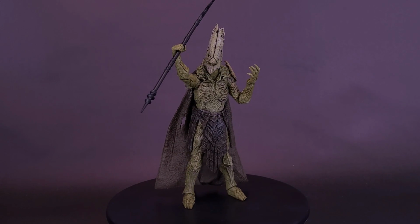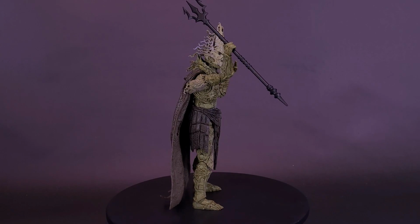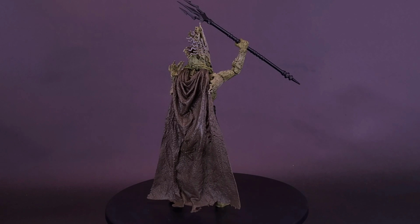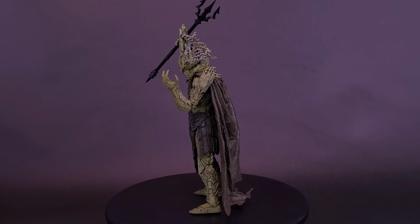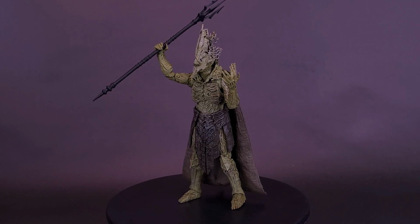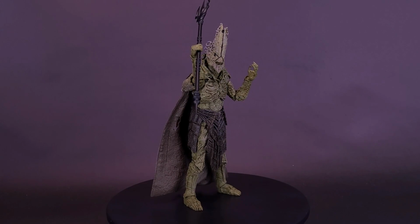Not something I tackled too much in this review, but while he is sculpted really nicely, I would have appreciated a little bit of a wash over the surface of the plastic just to bring out some of those details. There's so many of them on there. With so much work put into sculpting the figure, I wish paint could have been applied to it so that a lot of those features could stand out a lot better than they do right now. And while I've got the figure displayed right now with the Black Trident,